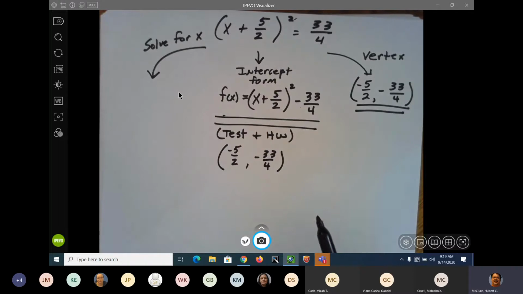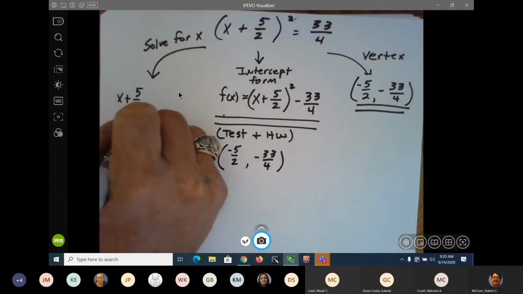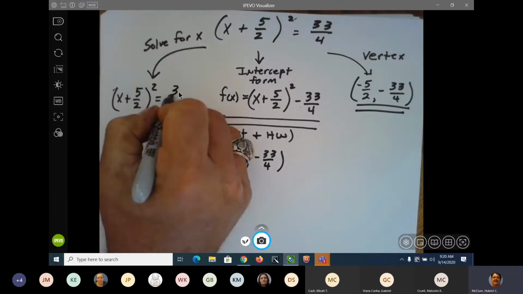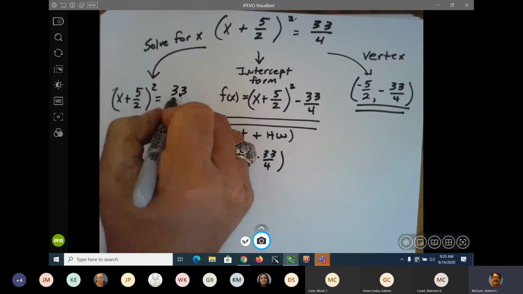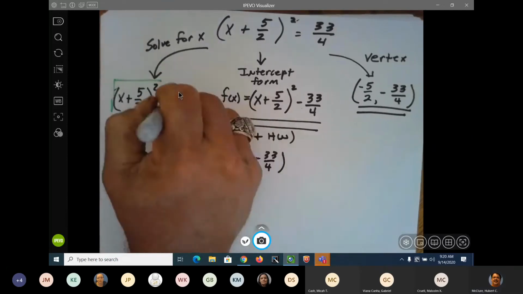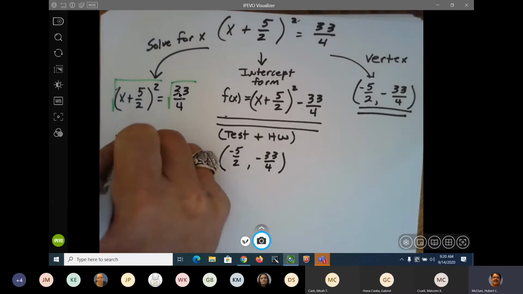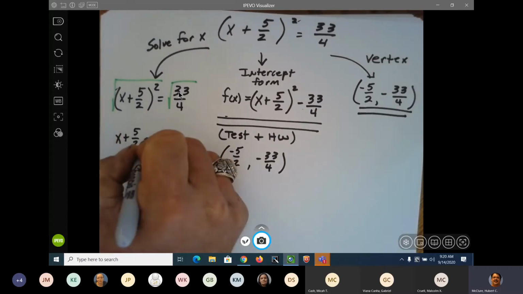Okay? Now I'm going to solve. Now this is where y'all get mired up in the mud right here, because this is a fraction and y'all supposed to have anxiety attacks because of fractions. So (x + 5/2) quantity squared is equal to 33/4. First thing I'm going to do is take the square root of everything. I'm going to get rid of that square. That's x + 5/2 is equal to the square root of